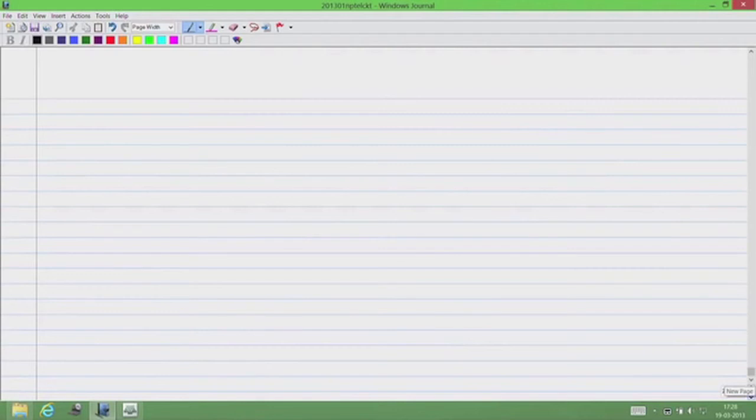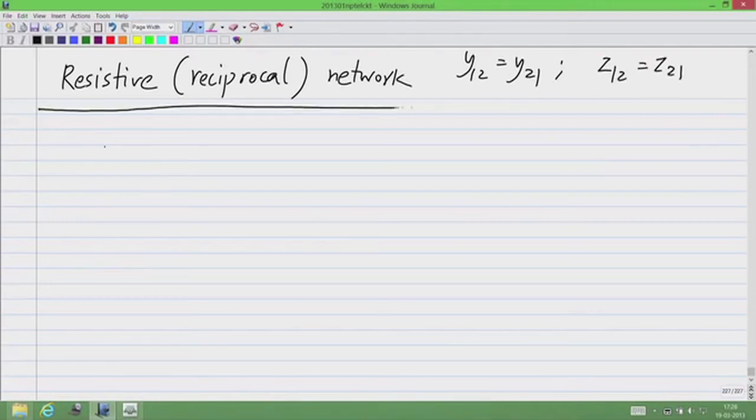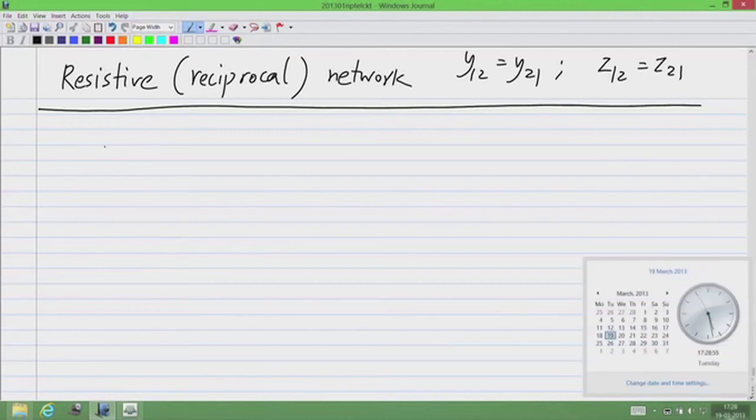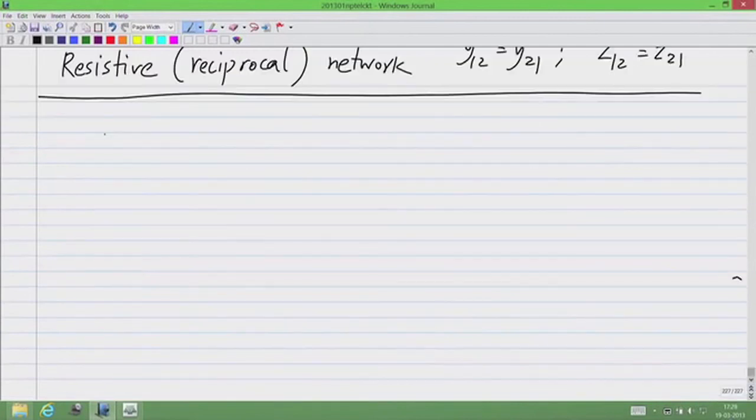Now finally, we know that for a resistive network which is reciprocal, we saw that Y12 and Y21 are the same and Z12 and Z21 are the same. Now is there any such relationship for H parameters or G parameters? Just to refresh your memory,